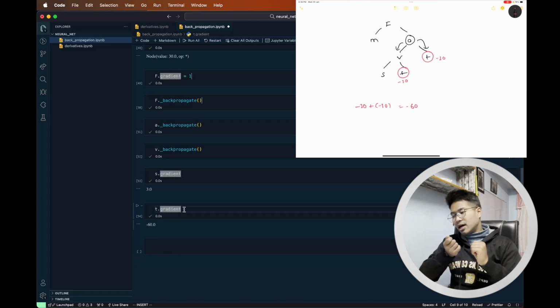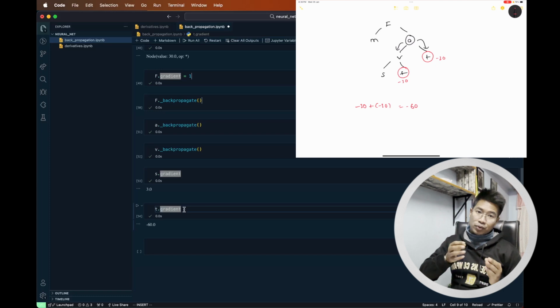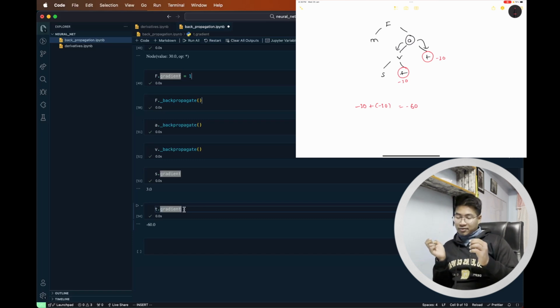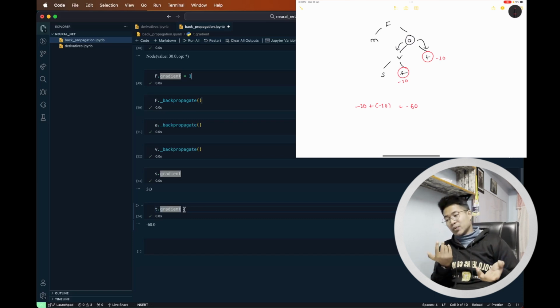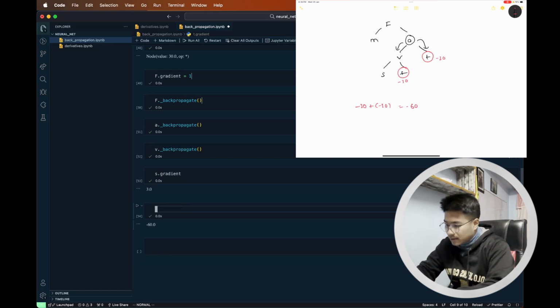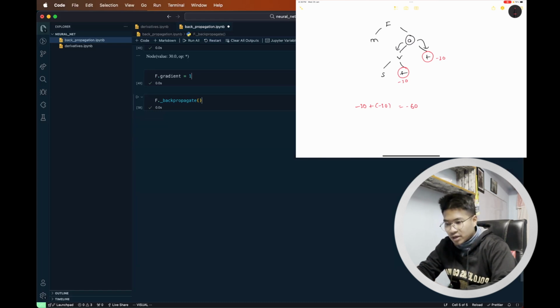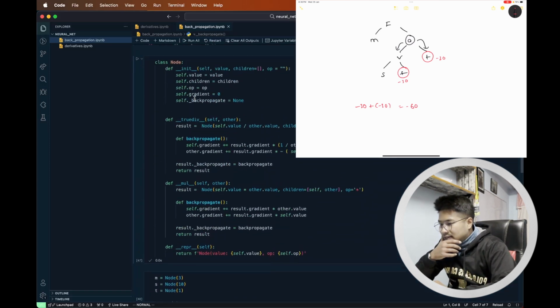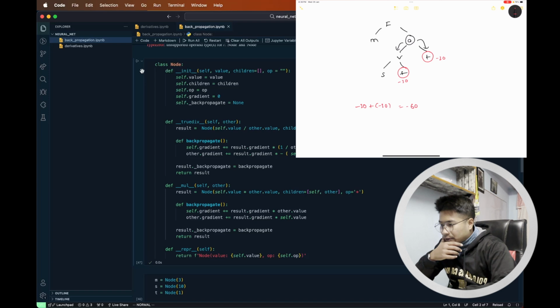So this way, we now have a way to do backpropagation. But we've been doing this backpropagation very manually, so let's try to have an automation for that as well. How would you do that? Let me just remove all of this. Actually, I shouldn't have removed it, because we want to keep it as a reference for what we are supposed to do. Okay, so let's say that the way you do a backpropagation is